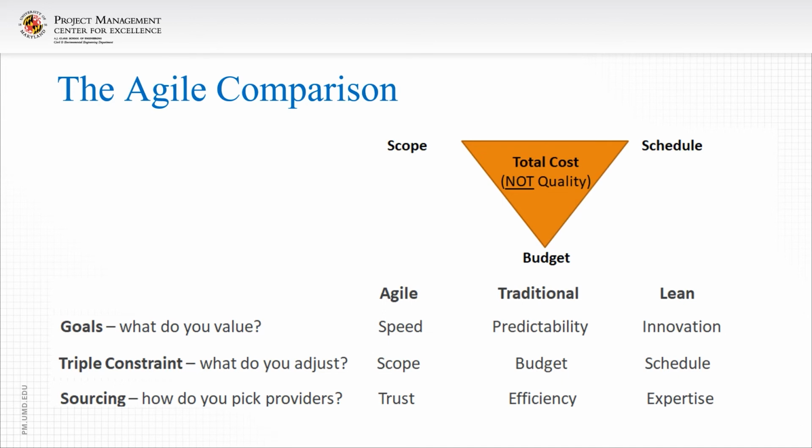And when it comes to lean, the goal is always to find someone with the expertise. Because they're trying to solve a problem for you, and because you need that problem to be solved within the budget that you have, you want that person to have the greatest expertise and to give it to you at that price and get it done.